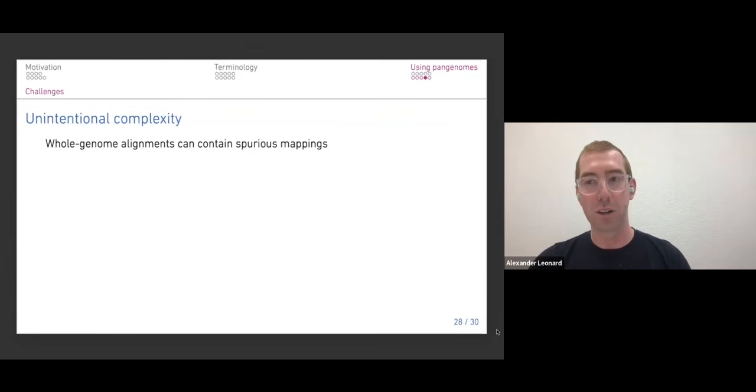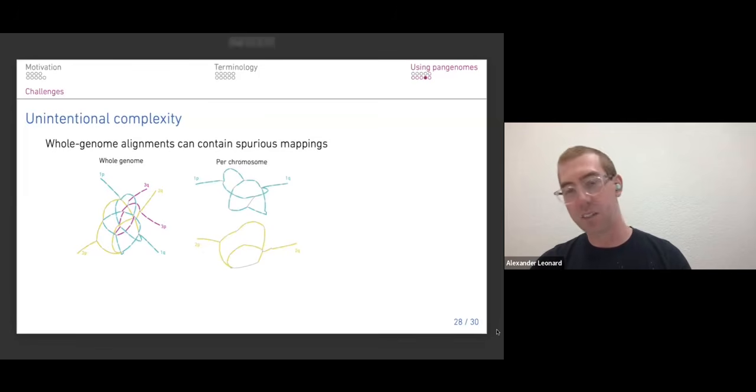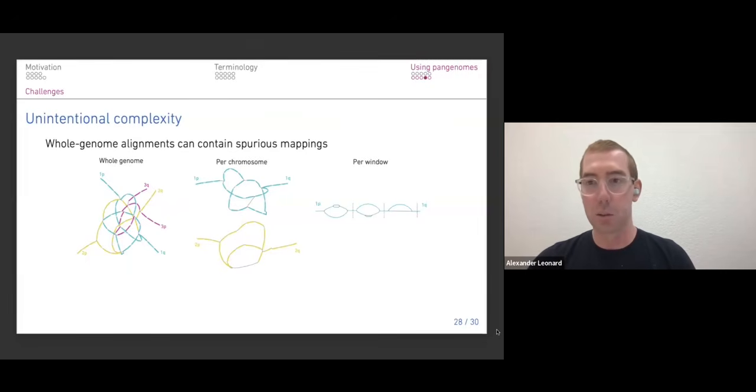There's also, when you start these processes of all-to-all aligning many assemblies, you'll contain potentially many false positive hits. So typically, if you do a whole genome alignment to build a pangenome, you just end up with this completely tangled mess of all the chromosomes. If you build per chromosome, then you tend to end up with slightly tangled graphs, but not as bad. And some people are, again, exploring the idea of building little pangenomes in little windows and then stitching them all